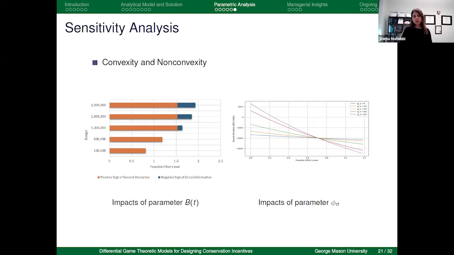On the right-hand side figure, we only vary the fee values, or environmental benefit, from $5 to $50 per cubic meter while keeping other parameters constant. When the parameter is $5, $10, and $20, the problem is a convex optimization across the entire feasible effort level. For other values, we have non-convex optimization problems, and this suggests that a lower fee or environmental coefficient ensures the convexity of the optimization problem.